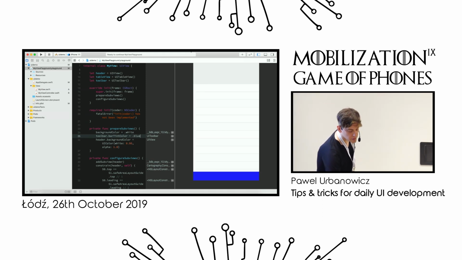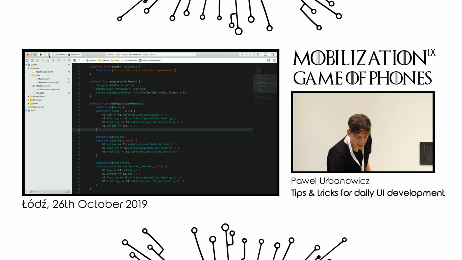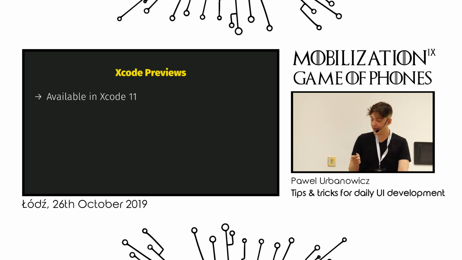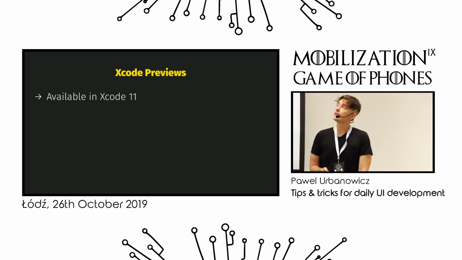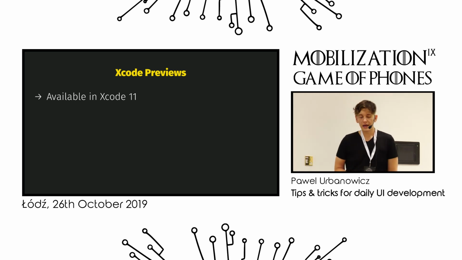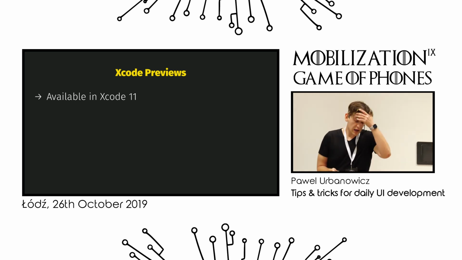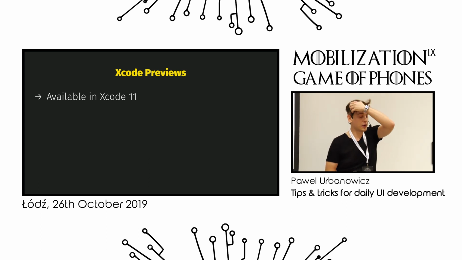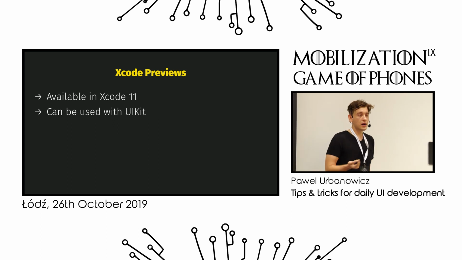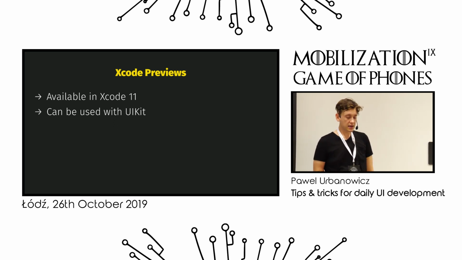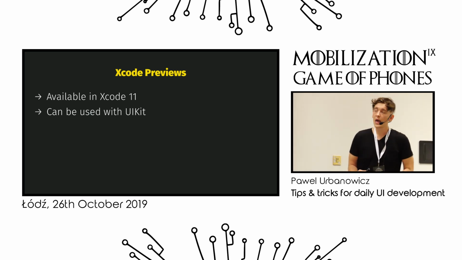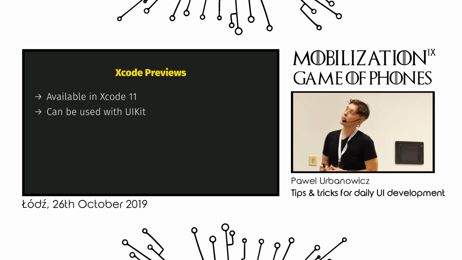There's also another approach over Xcode Playgrounds, which is Xcode Previews, and Xcode Previews are available in Xcode 11 and macOS Catalina. So if you're running Xcode 11 on macOS Mojave, you won't have access to Xcode Previews, although after you upgrade to Catalina, you will have. And yeah, Xcode Previews are a SwiftUI thing, but it can be used with UIKit code as well, because as we know, SwiftUI has interoperability with